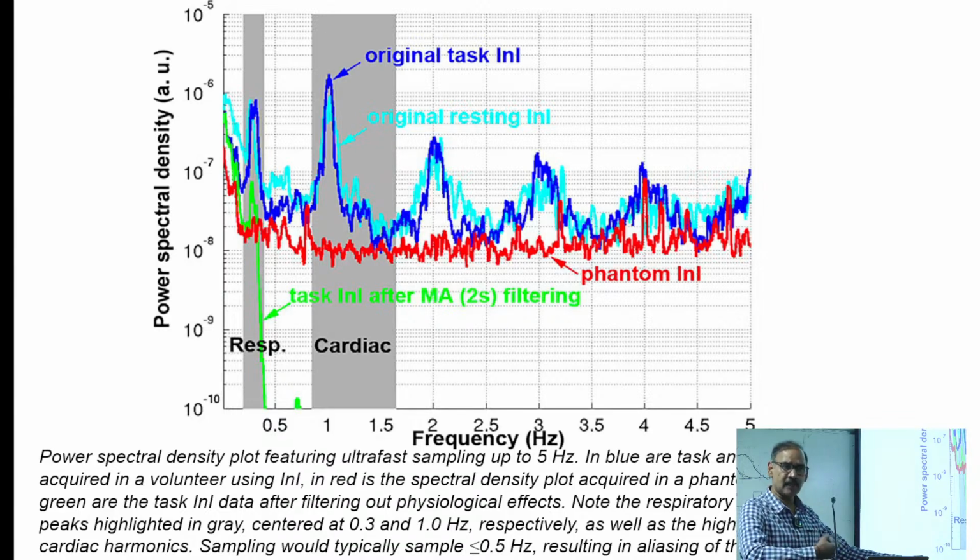So again, an example would be if you are given a painful stimulus. Maybe when the stimulus is given, you would get a response in the corresponding brain region, but maybe the heart rate or respiration rate may change also because of, you know, anticipation or other physiological factors. Okay.